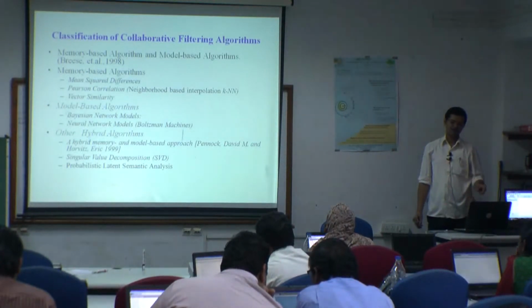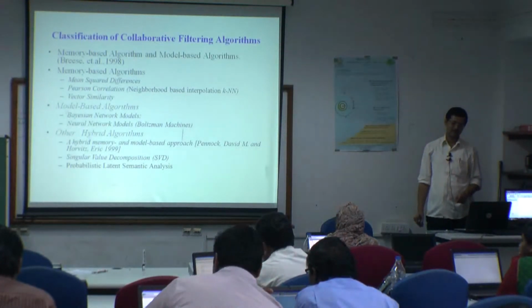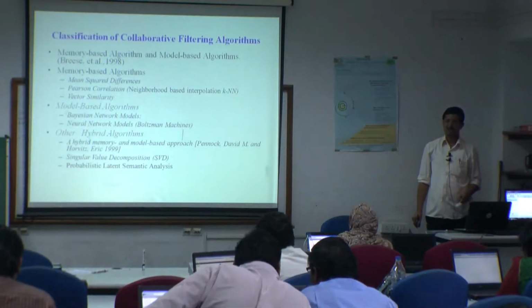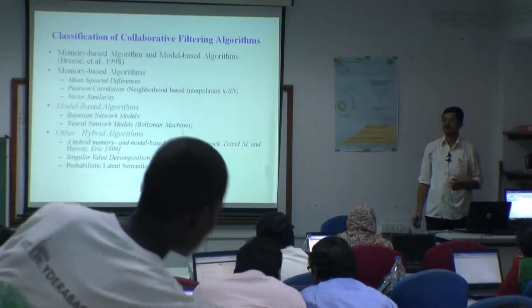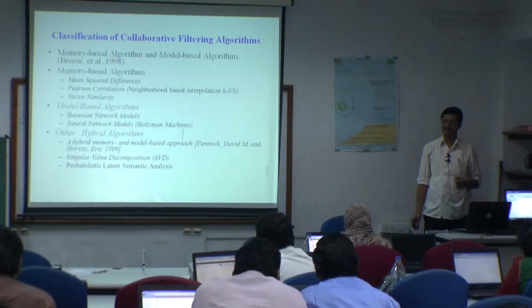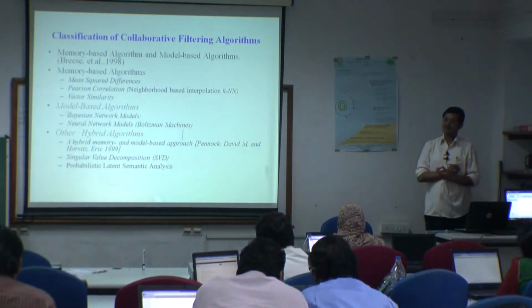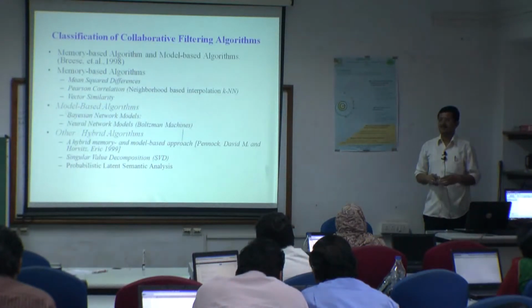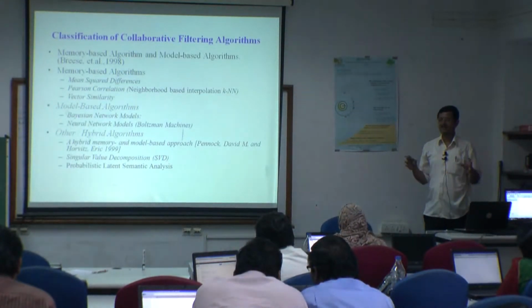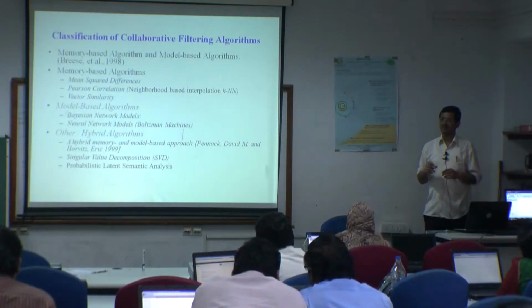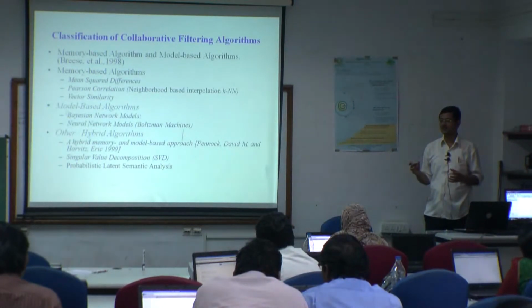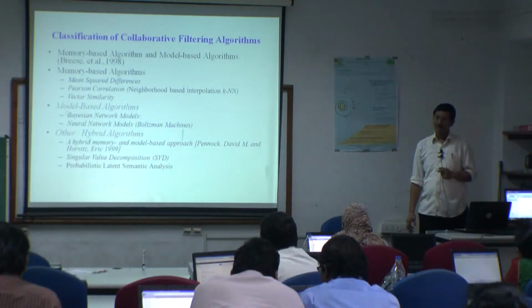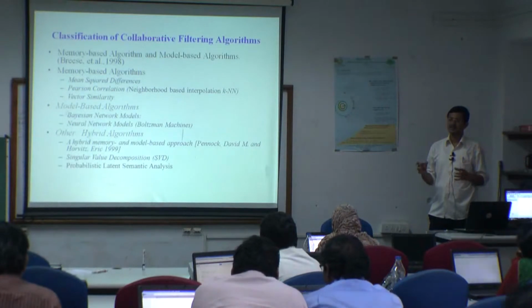So first I will go through the memory based model for collaborative filtering. Memory based models, I already discussed about nearest neighbor based classifiers. Yesterday I discussed nearest neighbor based classifiers. Memory based models use the entire data available for classification or prediction about a new user. For that it generally uses a lot of features. The most popular method is based on the nearest neighbor method, while model based methods use a learning mechanism to develop a model.